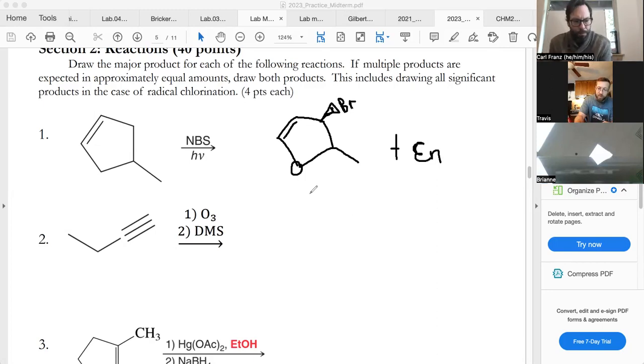So the second one, O3. When you see O3, that should trigger in your mind ozonolysis. This is ozonolysis with an alkyne, okay? And when you have ozonolysis with alkynes, you end up with carboxylic acids. When it says DMS though, so many examples that I'm seeing online just use O3 and then water. DMS can be used, it's basically the same thing, I guess. I know it's not the same thing as water, but